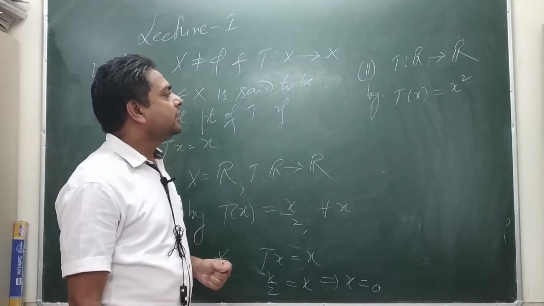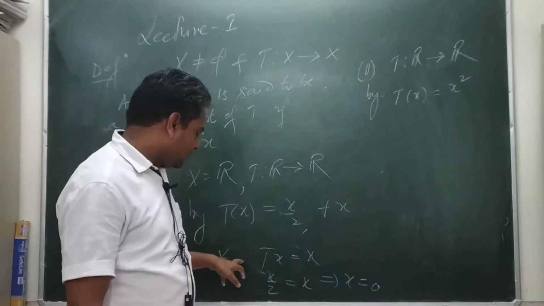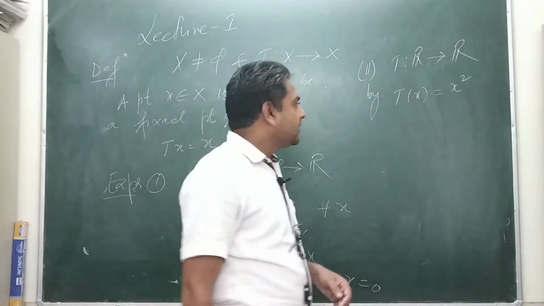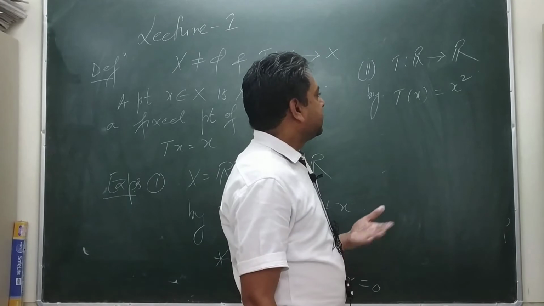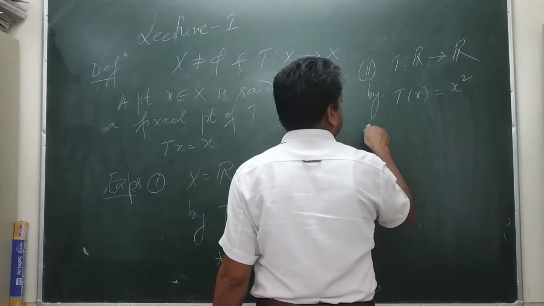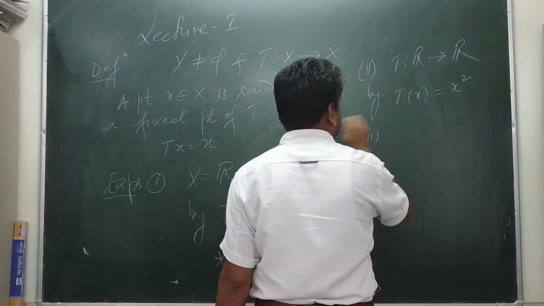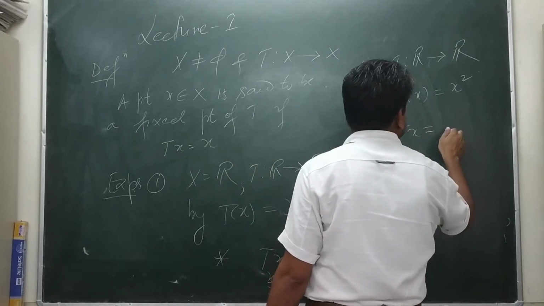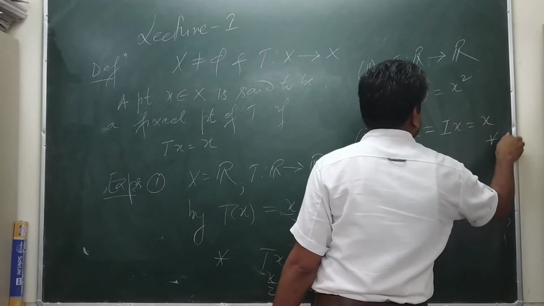We know that 0 and 1 are the two fixed points of this map. So here we have one fixed point, there we have two fixed points, and similarly we can construct more examples of mappings with three fixed points. If we define Tx by x cubed, then we have three fixed points. But if I define Tx simply by Ix, the identity for all x,